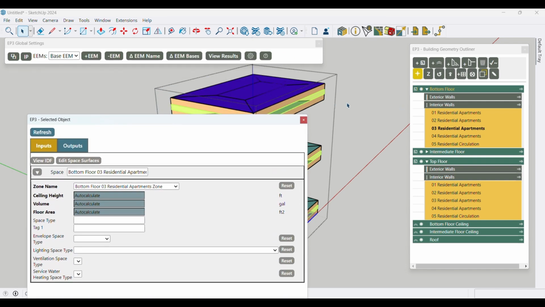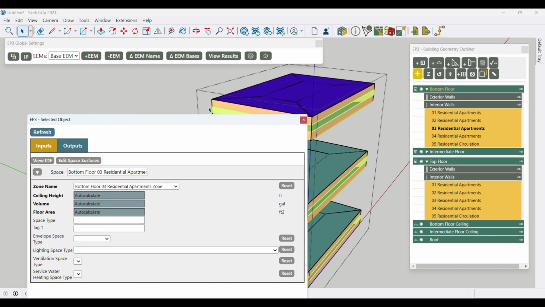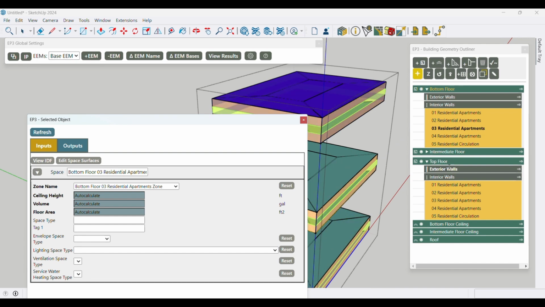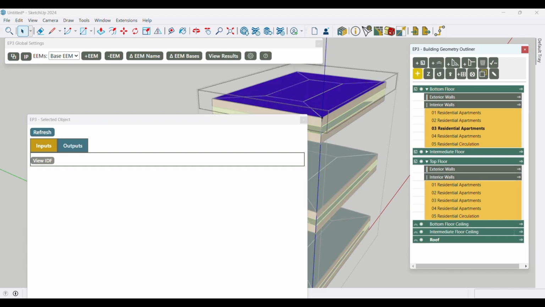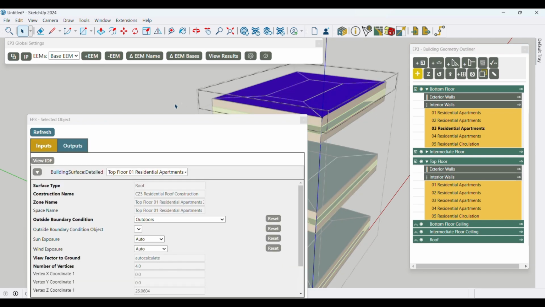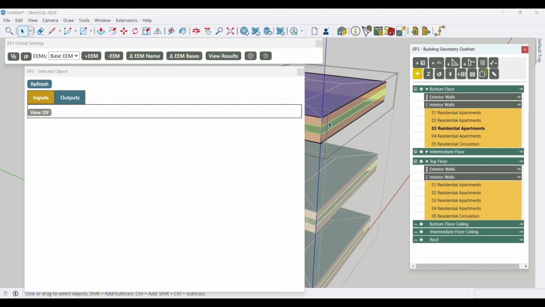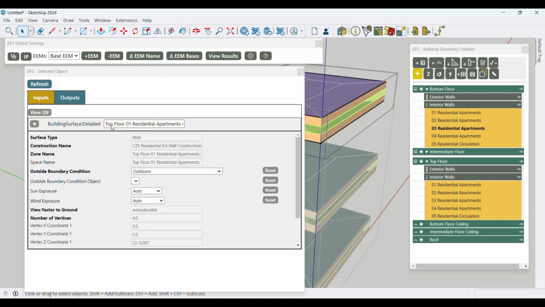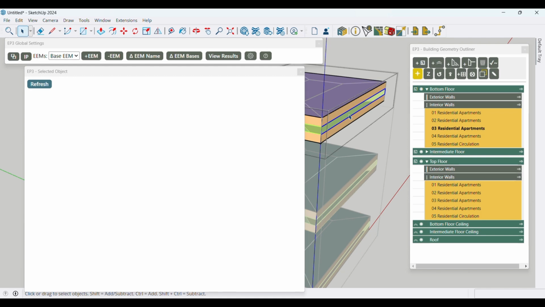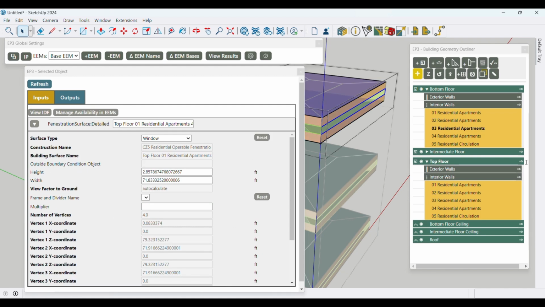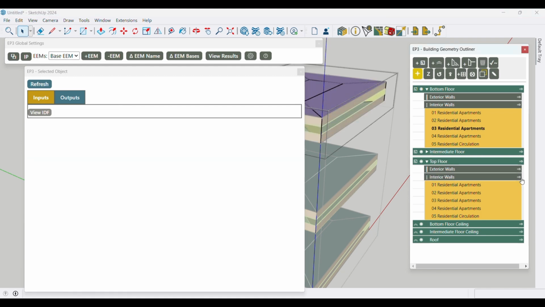If I'd like to get information about a particular surface, let's look at, say, a roof surface. I click all the way in and click on this surface. I'll have information about this roof surface. Let's look at an exterior wall surface. So again, we can look at the surface and we can look at the window for the surface. An interior wall,